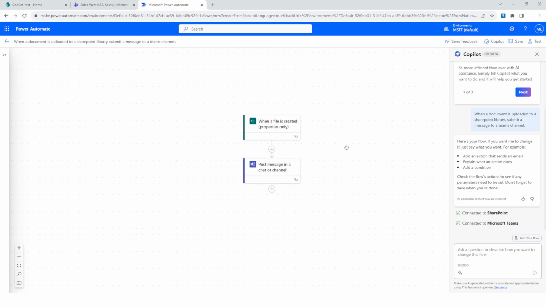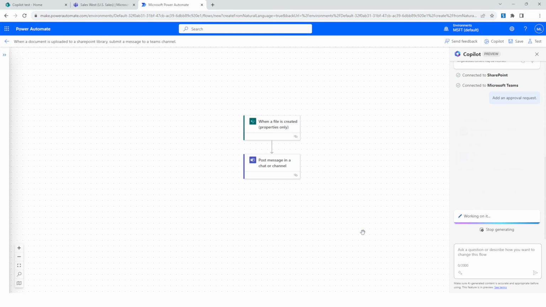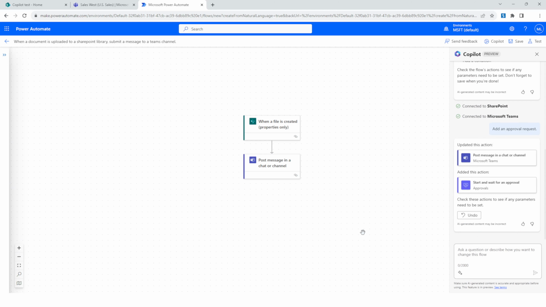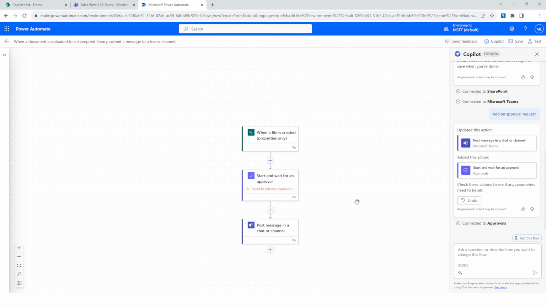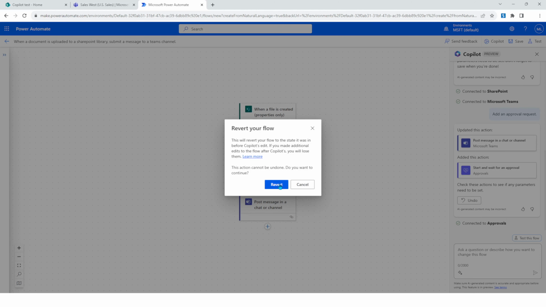We go back to Power Automate. And then in the Copilot section here, we will ask it to create an approval request. As you can see here, it did add an approval request, but it actually added it after when a file is created. And that is because we were not specific enough. So if we click on undo here to undo this, revert,